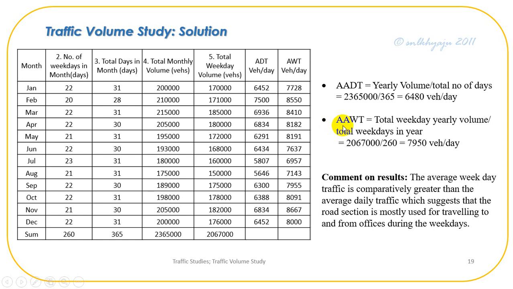Then average annual weekday traffic is the total weekday yearly volume, that is 20,67,000, divided by weekdays in year, that is 260, and is calculated as 7,950 vehicles per day. And from this result we can comment